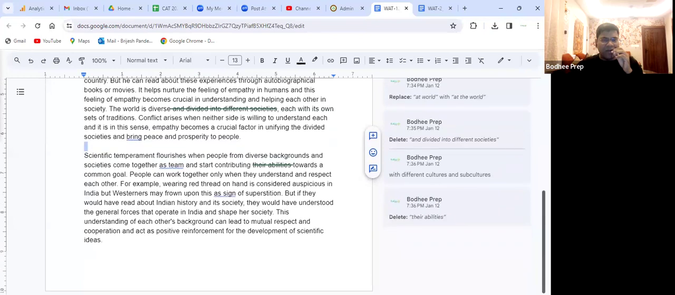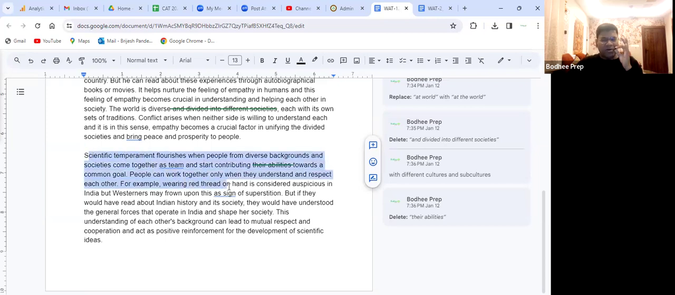Okay. Scientific temperament flourishes when people from diverse backgrounds and societies come together as a team and start contributing towards a common goal. People can work together only when they understand and respect each other. For example, wearing a red thread on the hand is considered auspicious in India, but Westerners may somehow